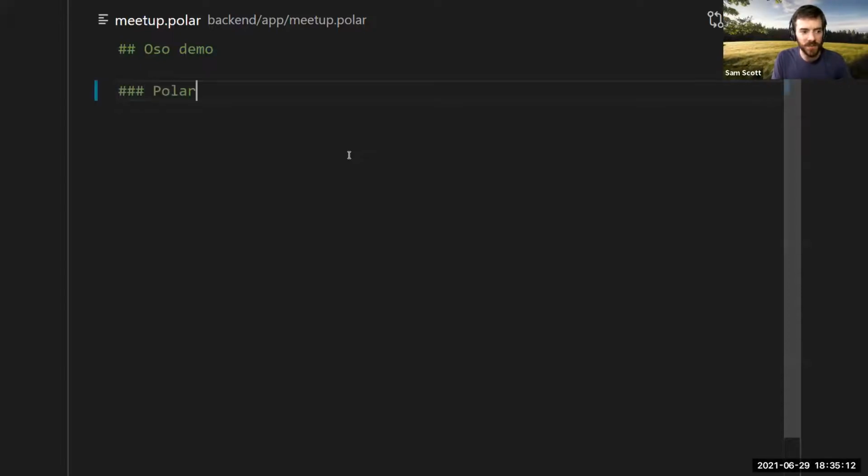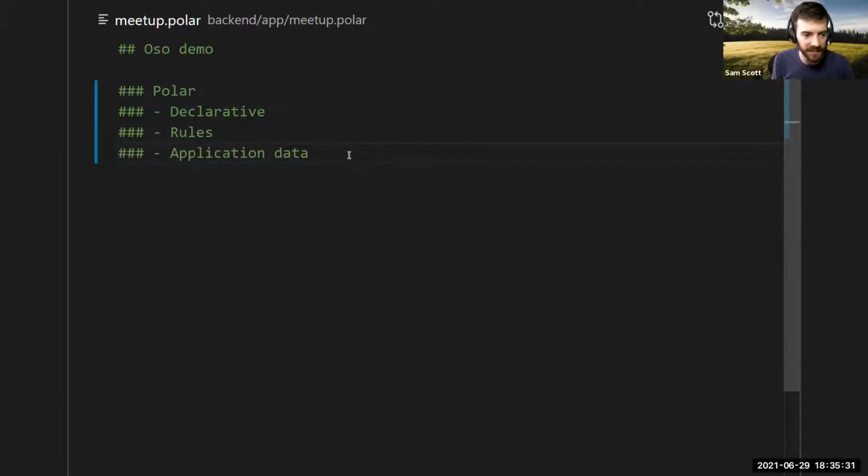It has a couple of core pieces. It's a declarative language, which I'll talk about in a second. You express who can do what by a series of rules. And finally, it makes use of application data, which is a really core piece of how it can do its thing.